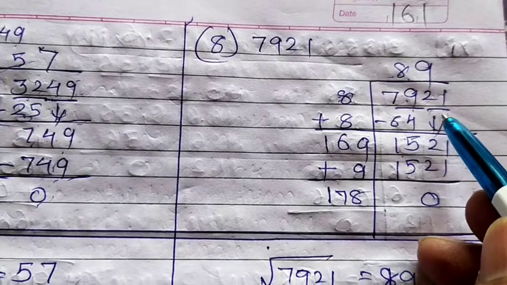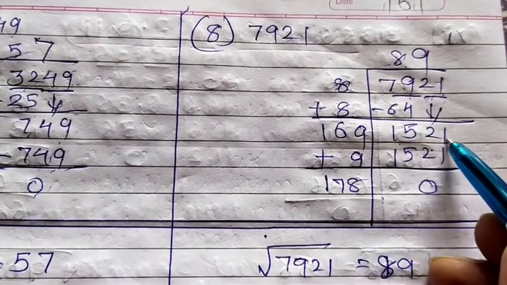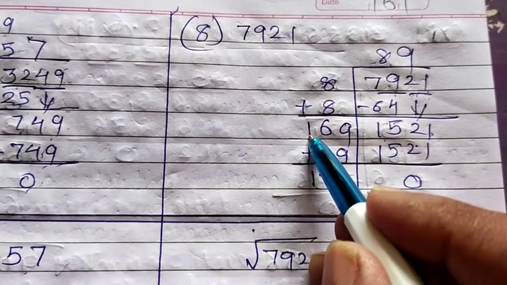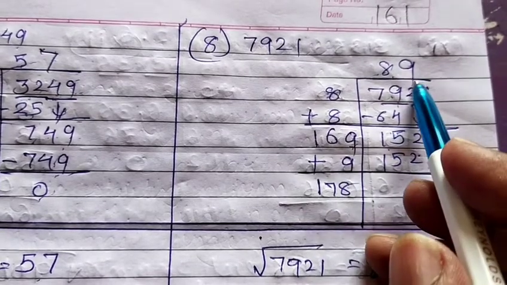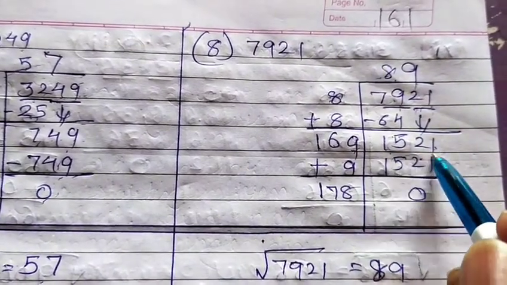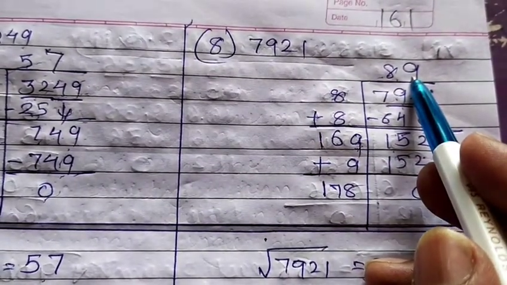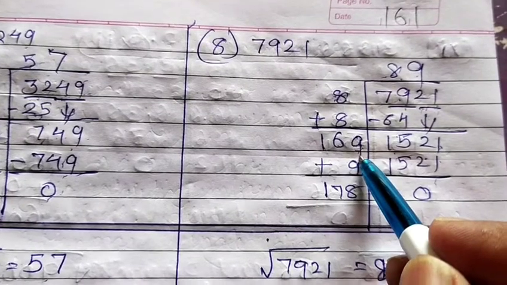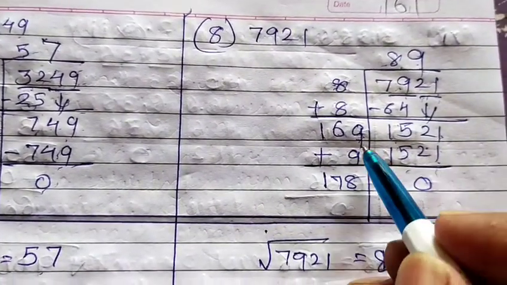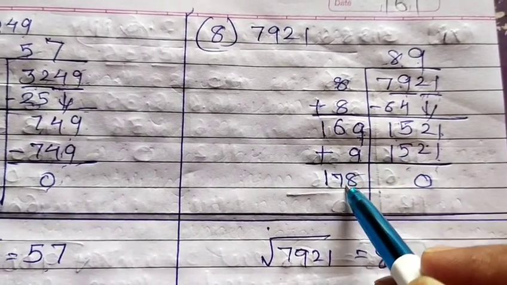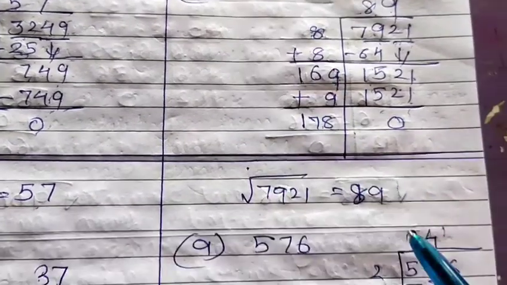Then put the number which is next to the bar, that is 21. Put it down. Now here the unit digit is 1. So whatever number you take over here, with the same value you have to multiply, so that you can get 1521. So if I take 9 multiplied by 9, as we all know 9 nines are 81, the unit place will be 1 only. So when you try 169 multiplied by 9, you will get 1521, and whatever value you have taken over here, the same value you have to add. Okay dear student, so we can say that the root of 7921 is 89.